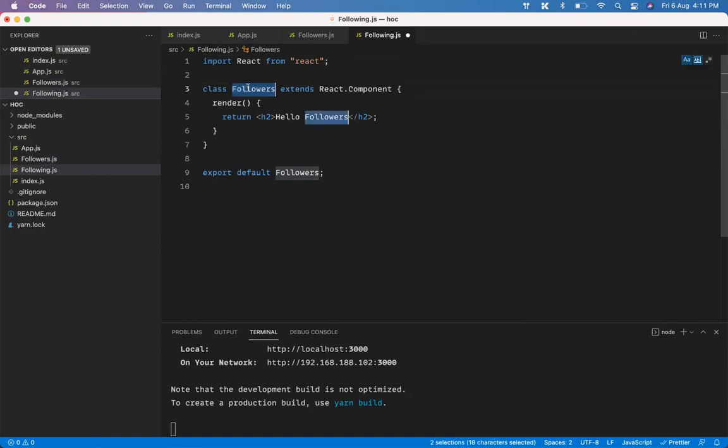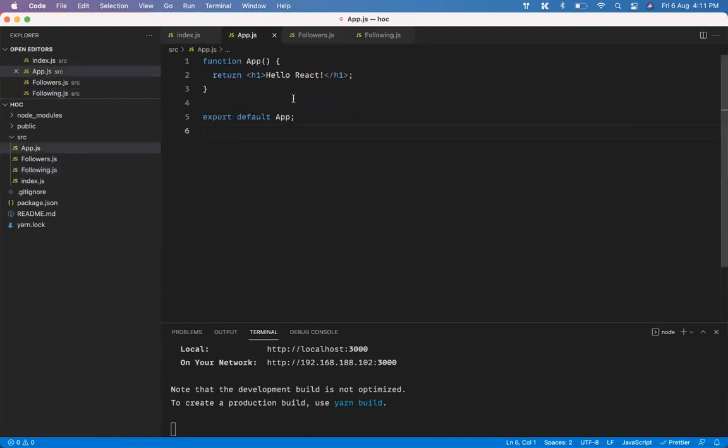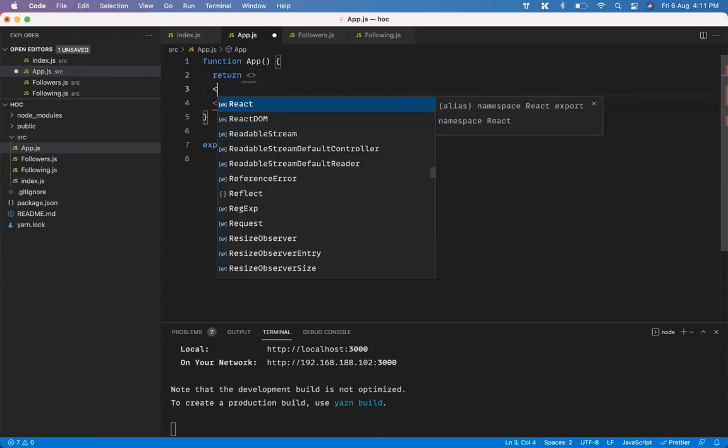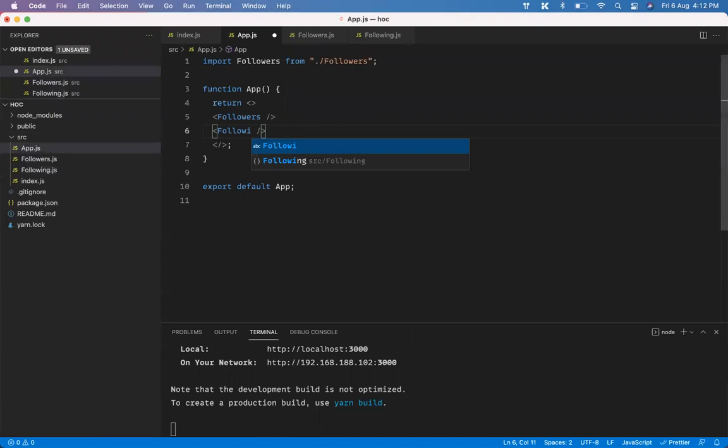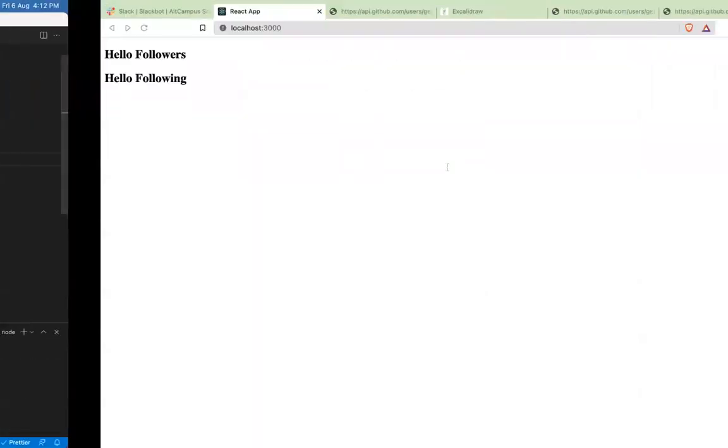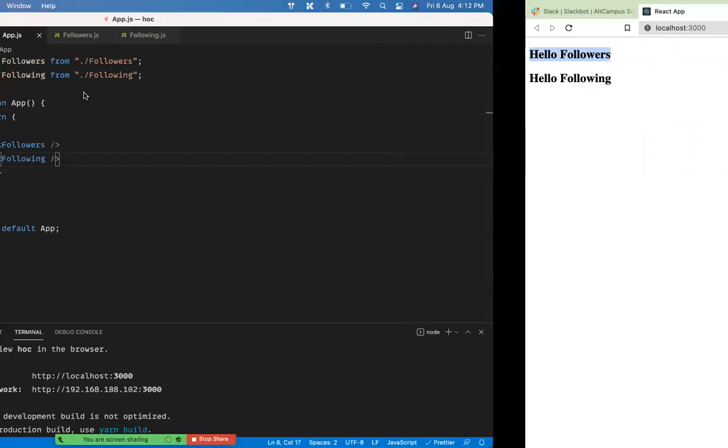It's just that the name of the component will be different. And now we have both the components. I'm just going to import them here and just display them right here. Now, if you look at your UI, you will see that we have two components being displayed here. That is hello followers and hello following.